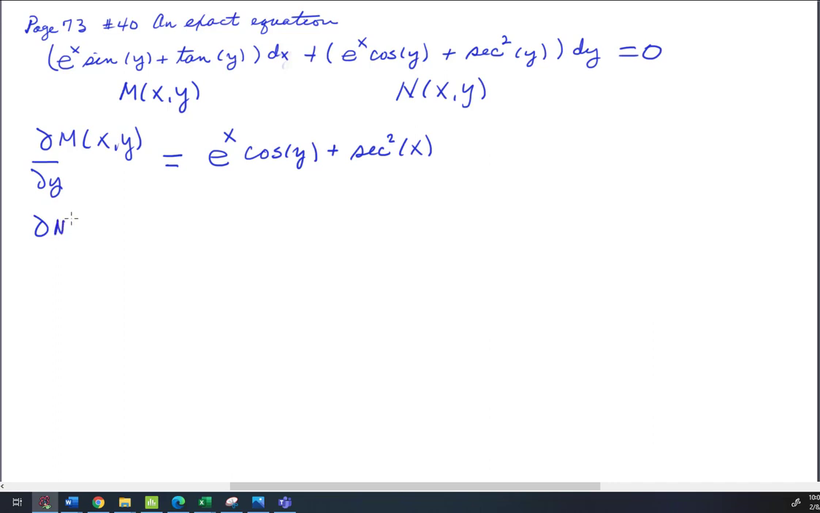Now let's try the derivative of N with respect to x. And here's my N function. The derivative of N with respect to x would be, well, the cosine y would be the coefficient, but the derivative of e to the x would just be e to the x. So e to the x cosine y plus, and now I'd have to take the derivative of secant squared y, but with respect to x. And so with respect to x,